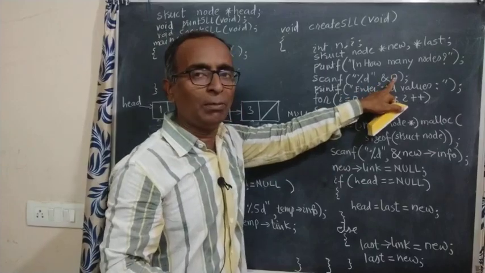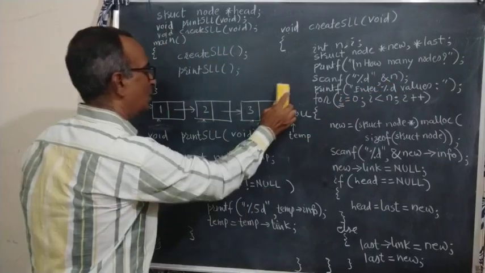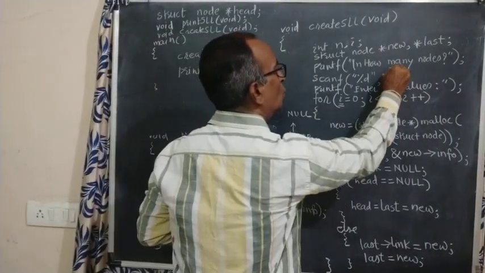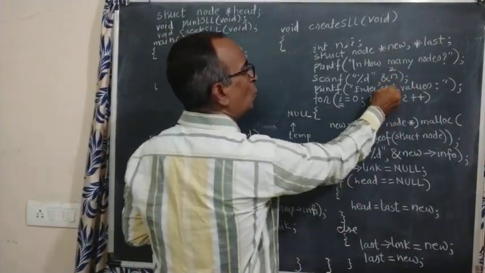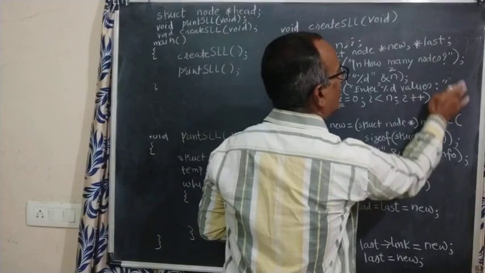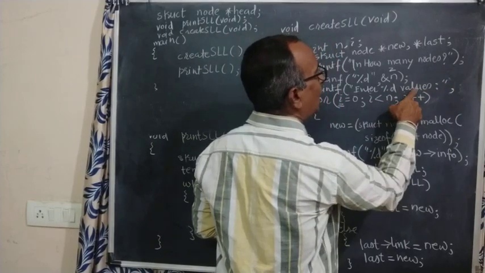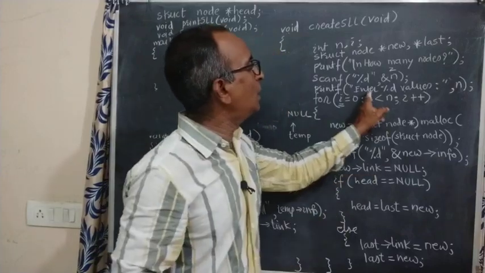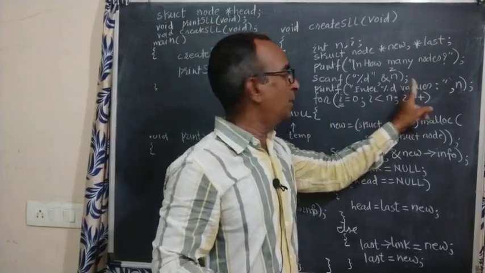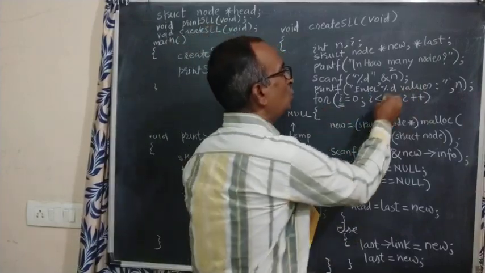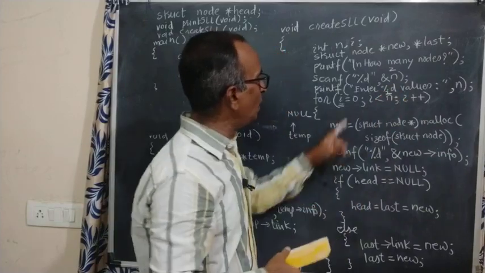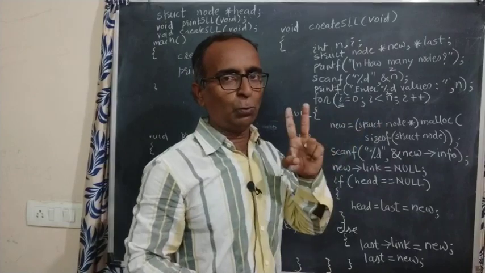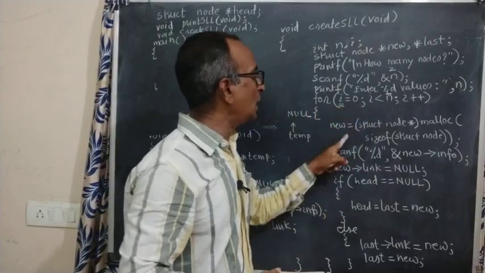In n, how many numbers? Suppose I am giving n as 2. So enter 2 values; in %d, n should be printed here. It will print "enter 2 values". Then n is 2 here. So for what values will this loop be executed? For 0 and 1, 2 times. For 0, what will it do?